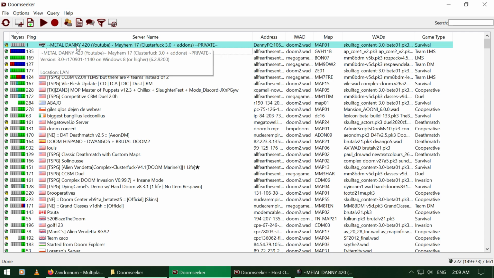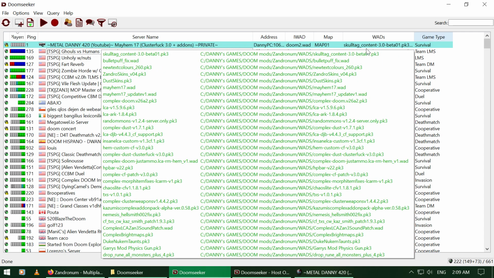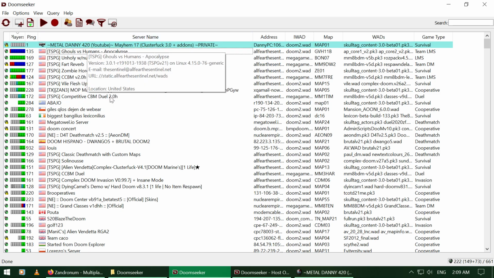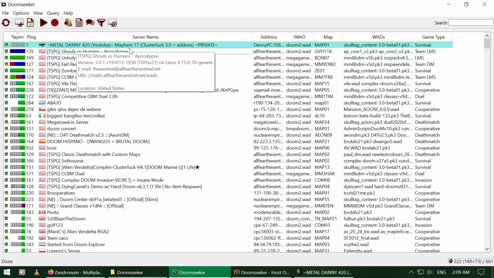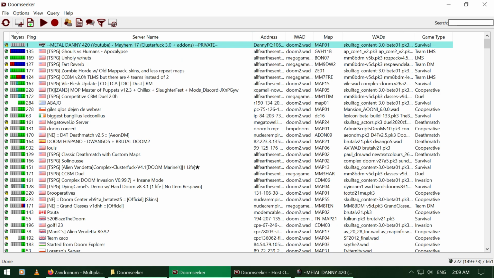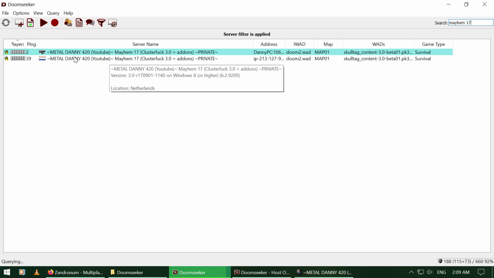Server is up. Then you go in Doomseeker. Up top, you see the LAN one you're hosting. You can always see that real quick. It's blue. And the way to find it always is by simply searching it on the top right. Type anything from the title of the server. There we go. As you can see, no public server, so make sure to refresh. And there you go. There's the public one.